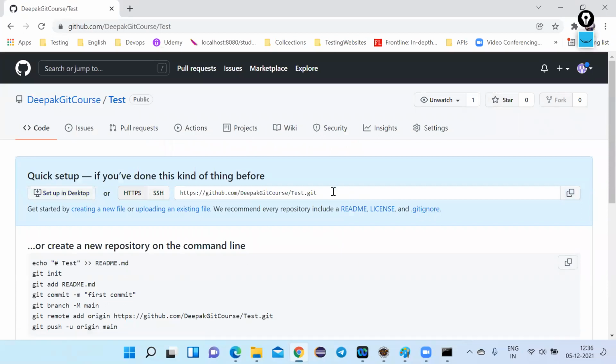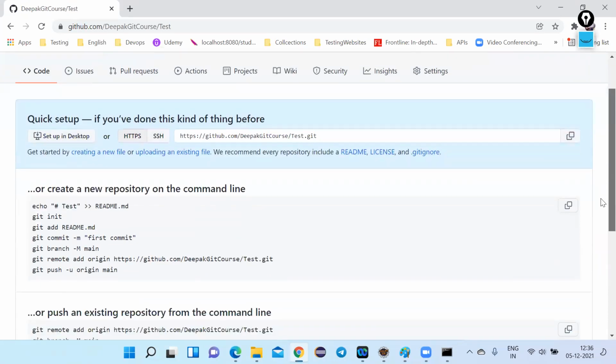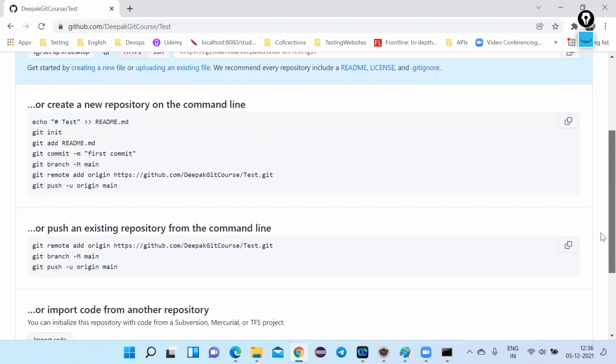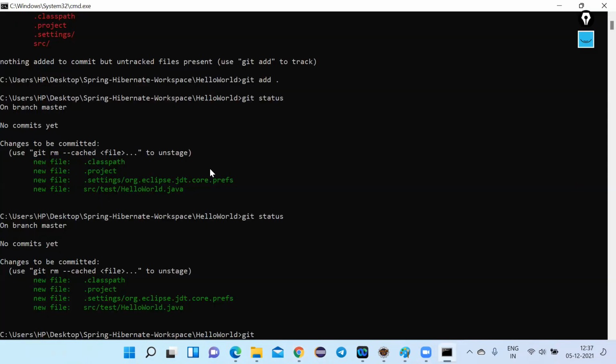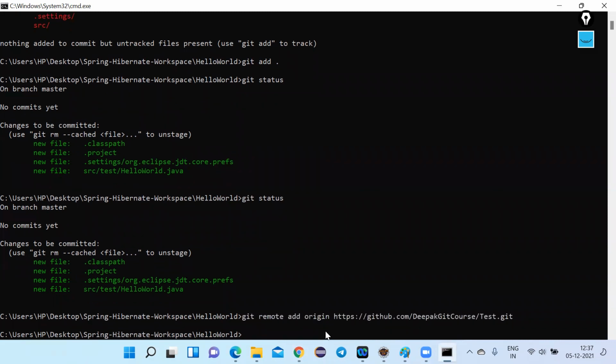So this is the repository URL. These are all the frequently used commands. To establish a connection between the local and the remote repository, this is the command: git remote add origin followed by this URL. Let me copy this and paste it here. Enter. So it has established a relationship.